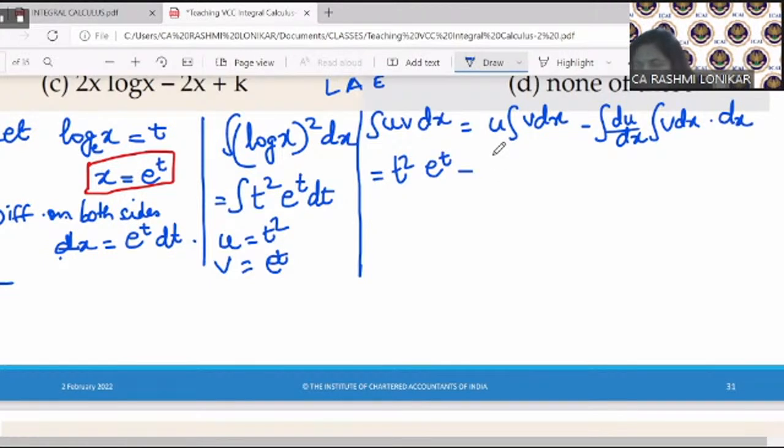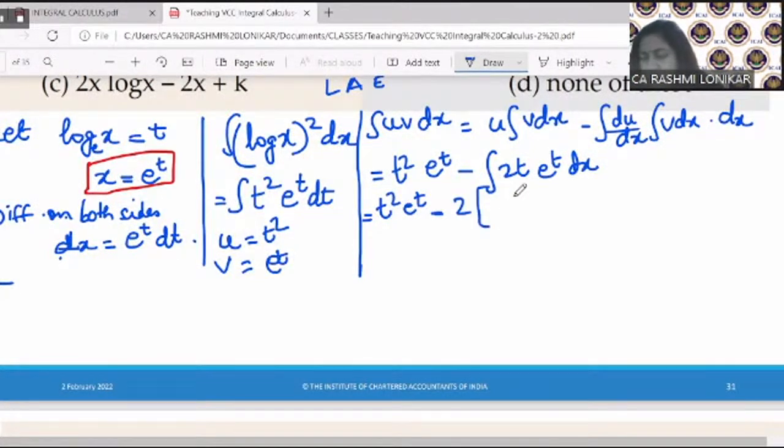Minus the integral of du by dx, which is 2t, into e raised to t. Now here I have t into e raised to t, which means I have to integrate again. So this is equal to t square e raised to t minus 2 times the integral of t e raised to t dt,